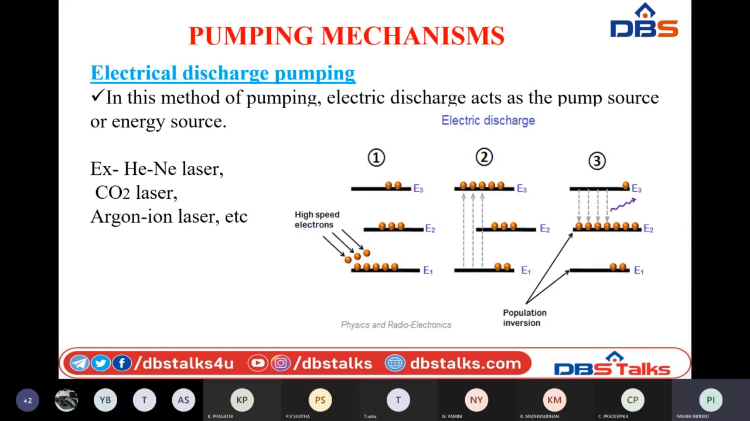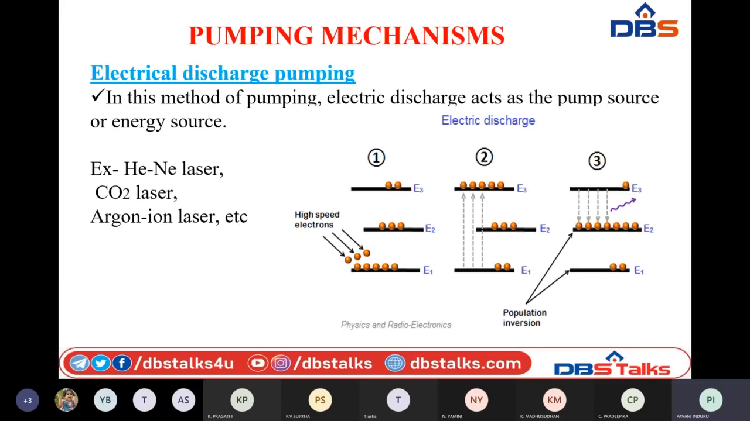And another one is electrical discharge pumping. In this method, we are going to use electric discharge as the pumping or energy source. What is electric discharge? Electric discharge is nothing but flow of electrons. That means we are going to supply a high amount of electric energy to the atoms. So whenever we supply the electric discharge in the order of 1000 volts to the atoms present in the ground